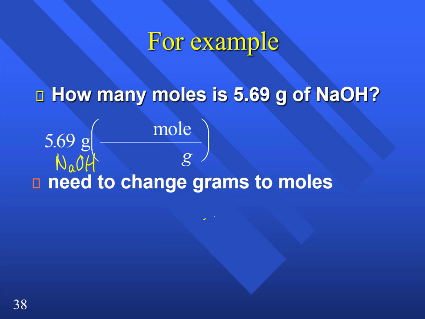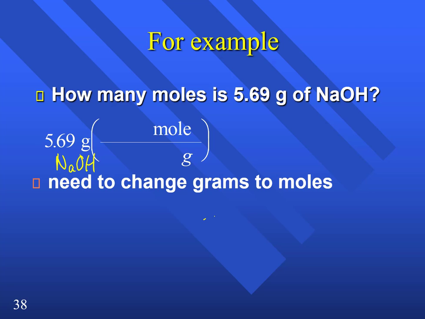Okay, so I'm going to put grams on the bottom, moles on top. The one I have goes on the bottom, so it cancels out. The one I can change it into goes on top. So I'm going to change grams into moles. In order to change grams into moles, I need numbers that would fit there. I need to know how many grams 1 mole of NaOH would be, which would be, add up Na, O and